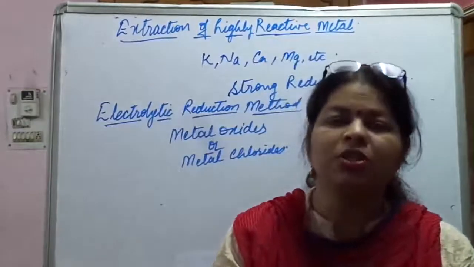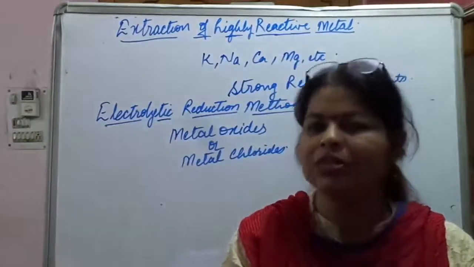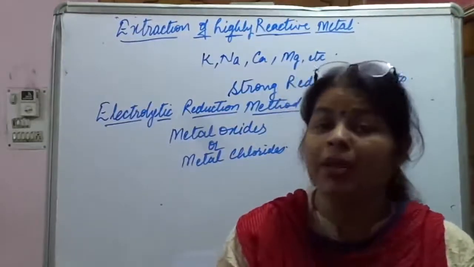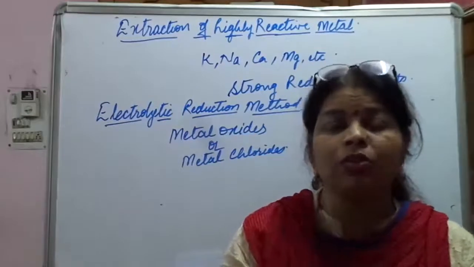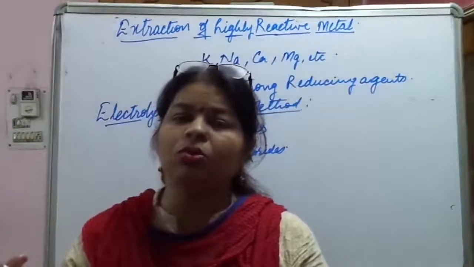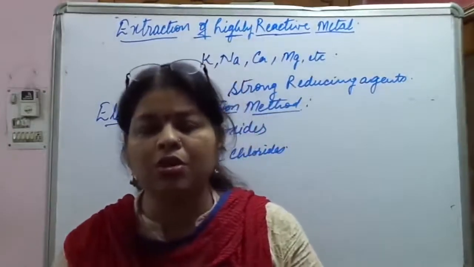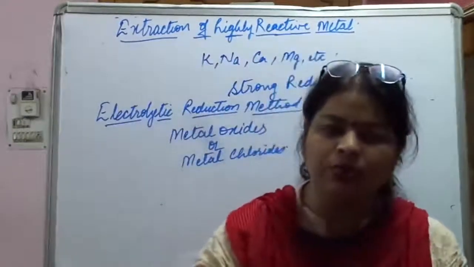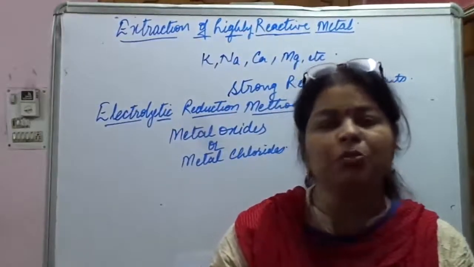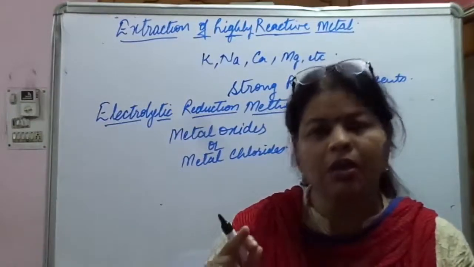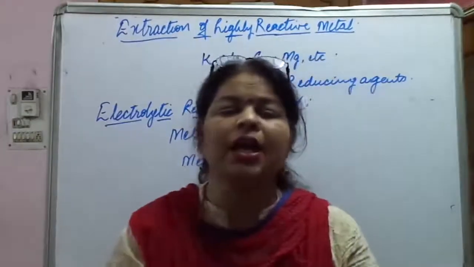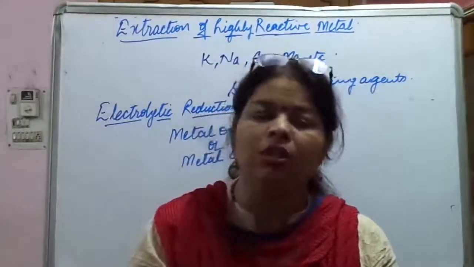Opposite charges are always attracted, so anions go to the anode, cations will go to the cathode. So again I am repeating that if we do the electrolysis of the metal chloride, then metal will get deposited on cathode, while chlorine gas on anode. And if we talk about metal oxides, then metal is produced at cathode, the negative electrode, while the oxygen gas is formed at the anode, the positive electrode.